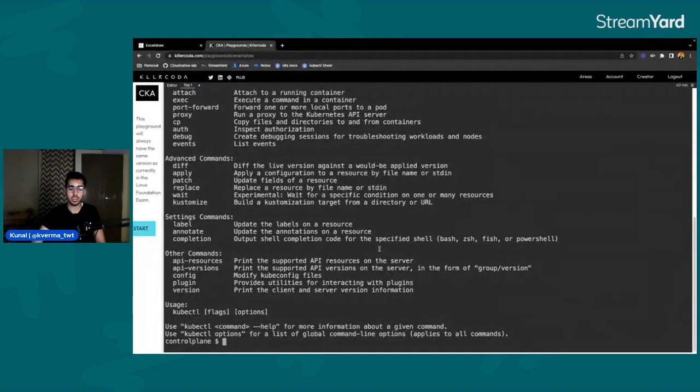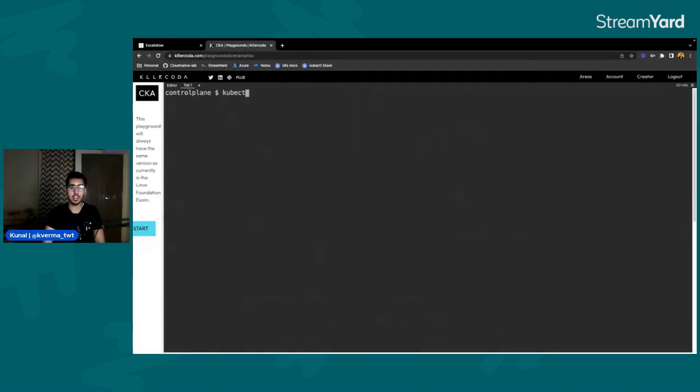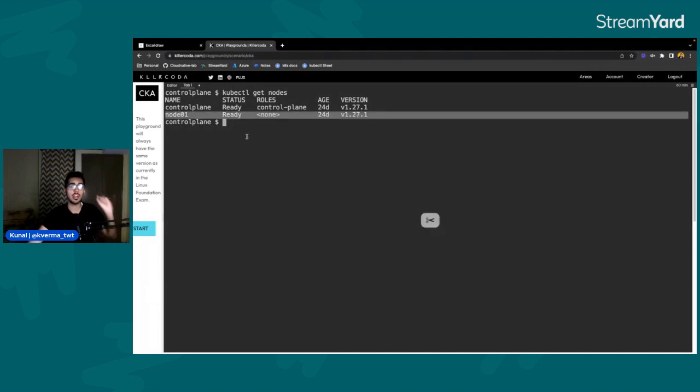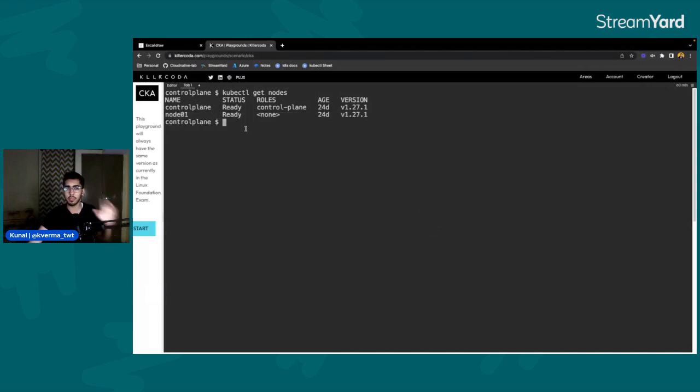If I run kubectl get nodes, you can see two nodes running. One is the control plane node that we just talked about, the master node, which has the control plane components running inside it. And one is node01, which is the worker node. By default, even if you don't have a worker node, you would definitely have a control plane running. That is for sure. This is something to note.